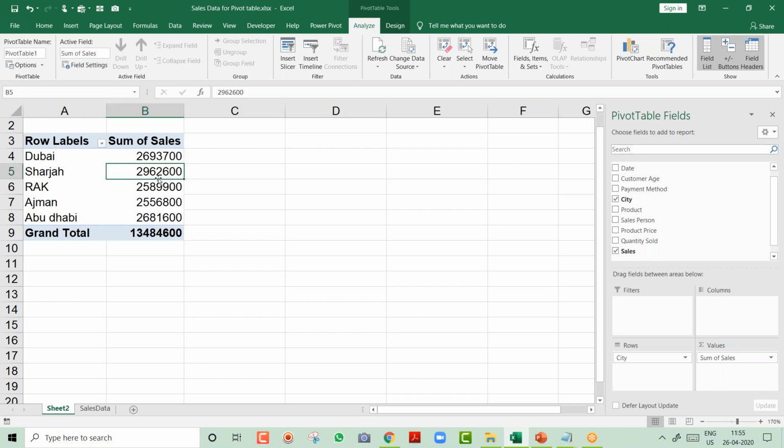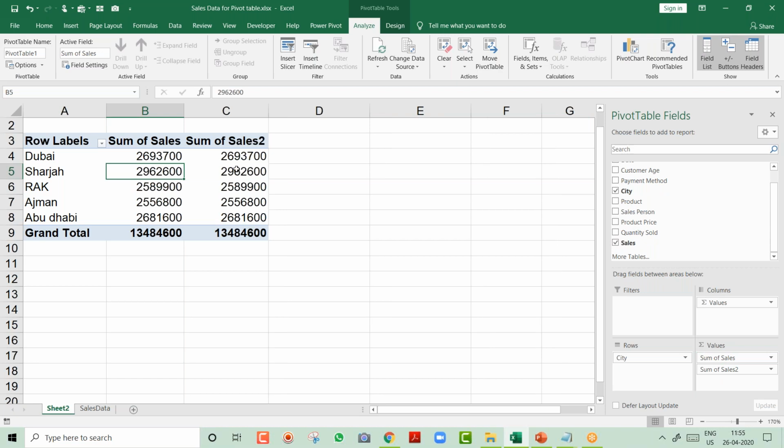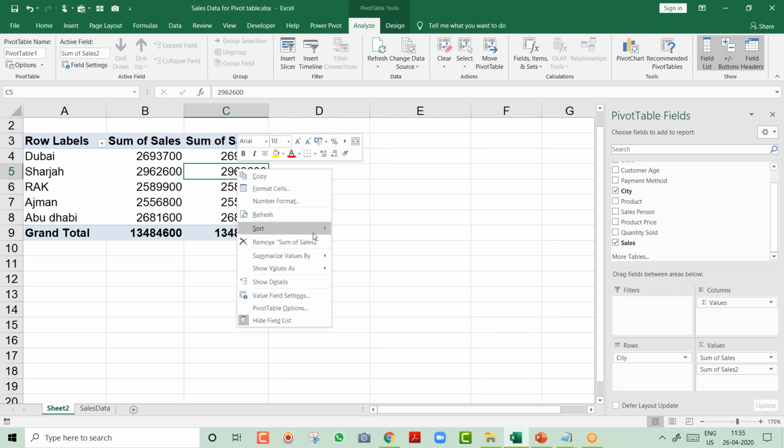Now your manager says, hey Ramzan, good, you have done the sales. Can you tell me how many records there are for each city? So you don't have to worry, friends. What you will do, you will take the sales and bring it under Values and just right-click on it, and over here you get one option, Summarize Values By. Very important option.